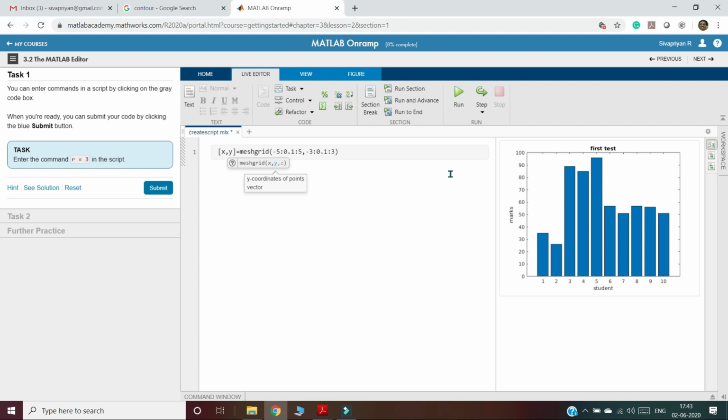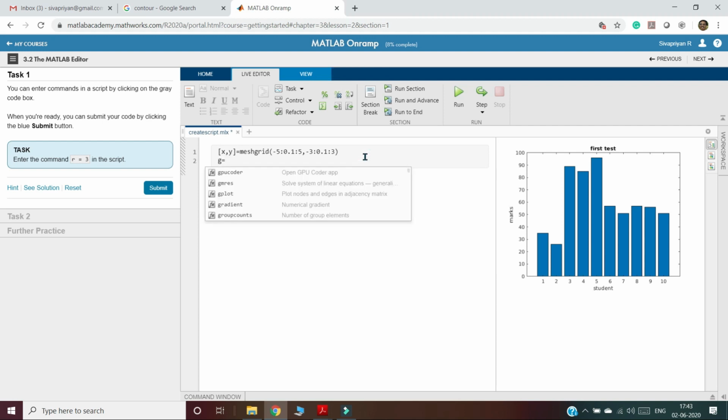So the independent variables are taken. Then I will assign G equal to x square, that is x dot to the power 2, plus y square, y dot to the power 2.